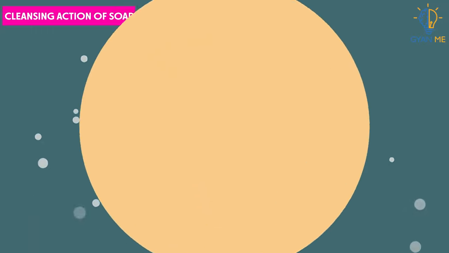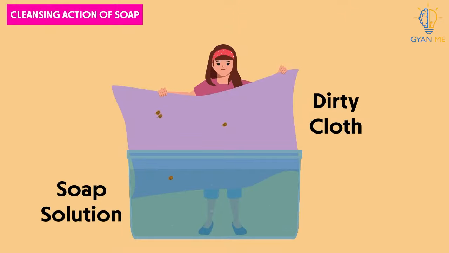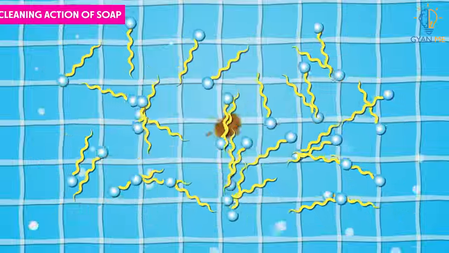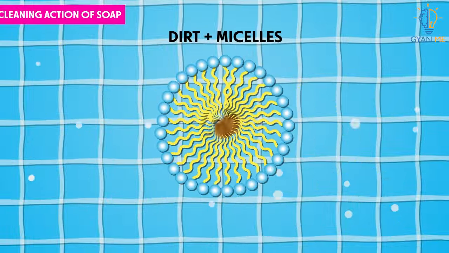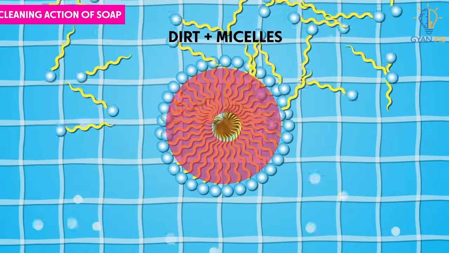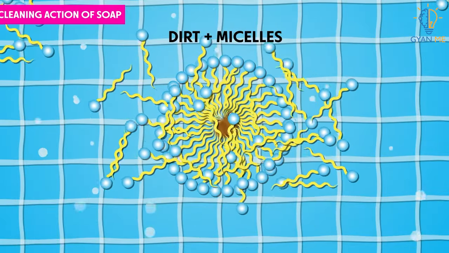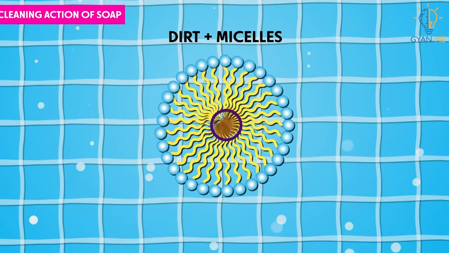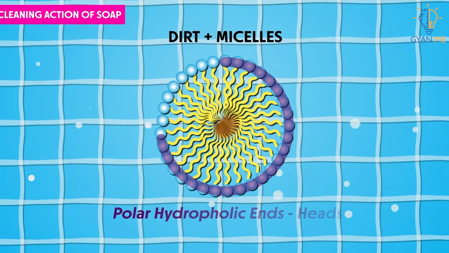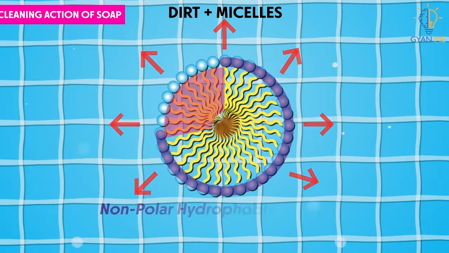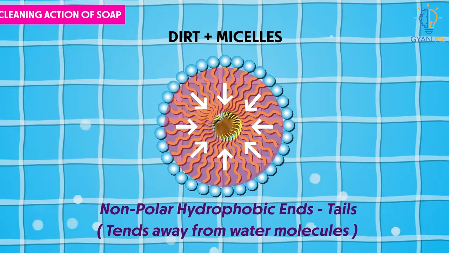And how does this work? Let's assume this is a stain or dirt molecule on cloth. Next, as we know, the non-polar hydrophobic tail gets attracted strongly towards the dirt or oil, so it sticks to the oil and covers all around it. The soap molecules arrange themselves, trapping the oil in the center. As you can see, the polar hydrophilic heads point outwards near the water, and the tails point towards the dirt